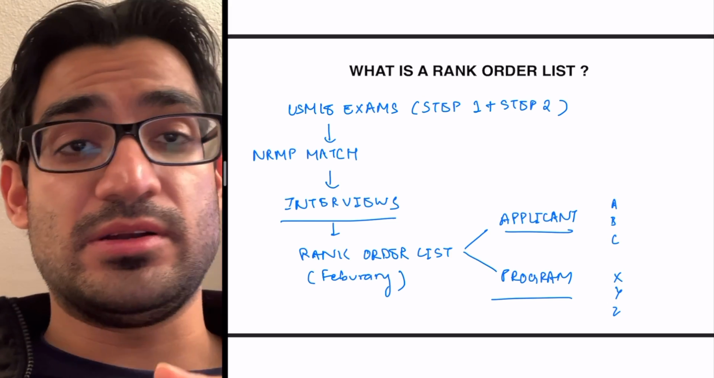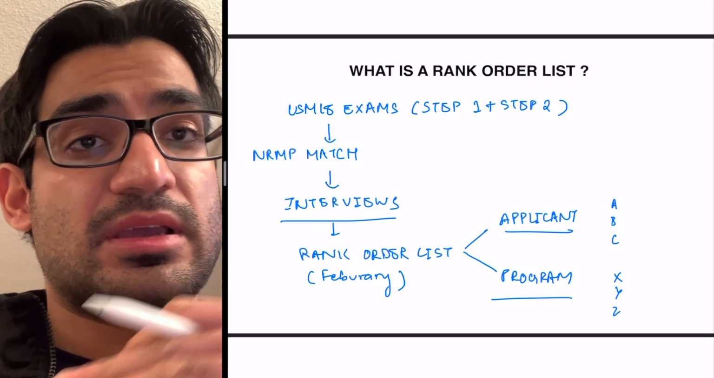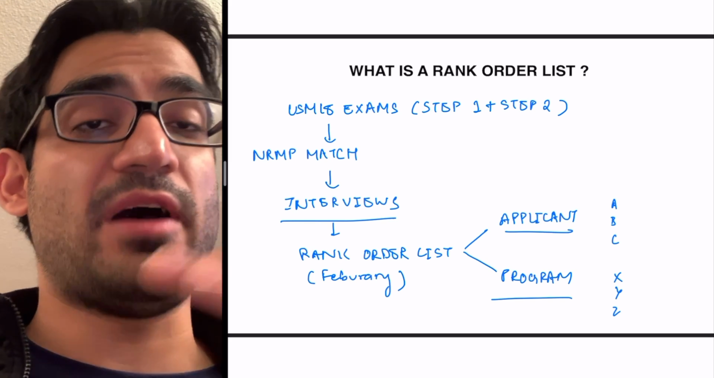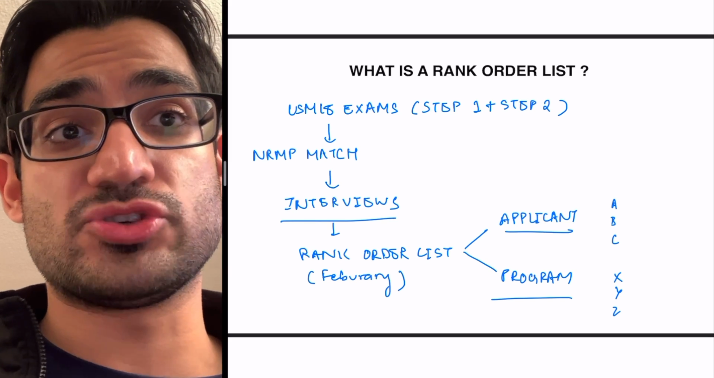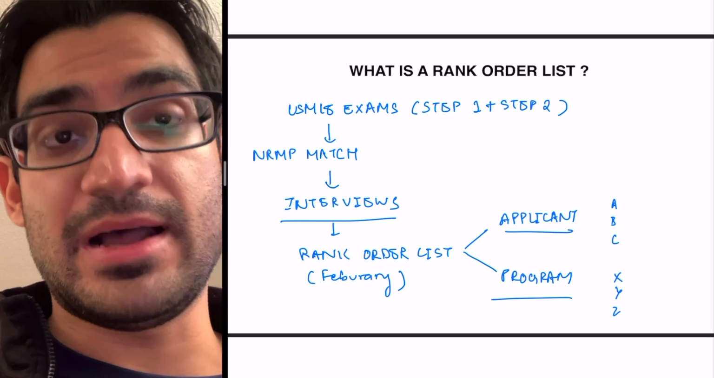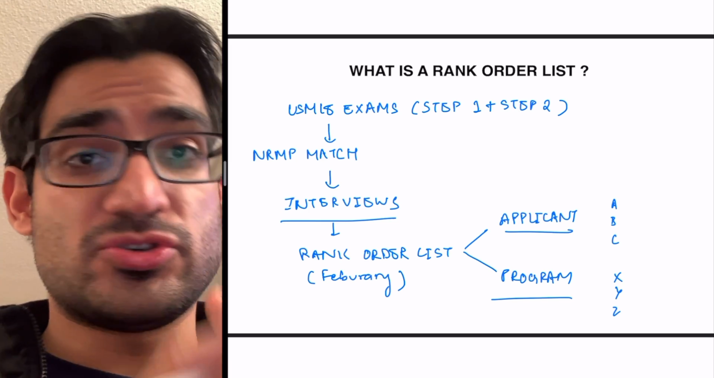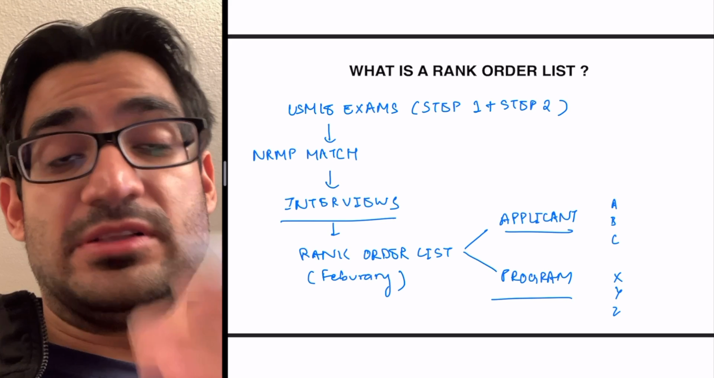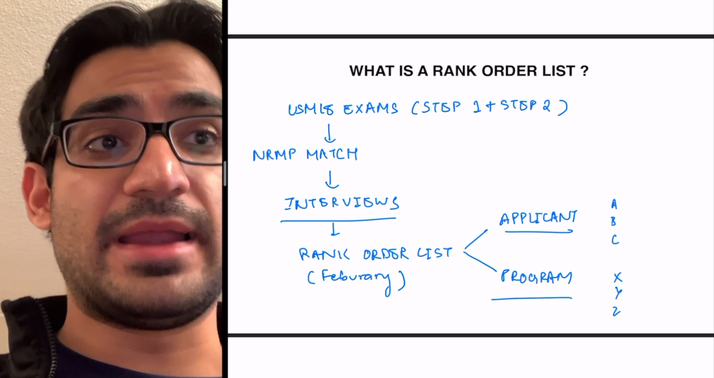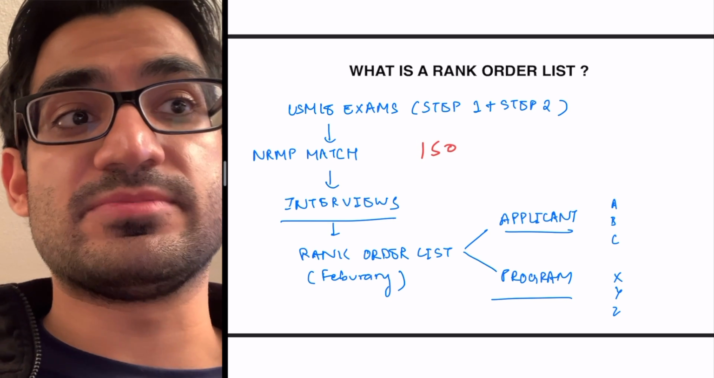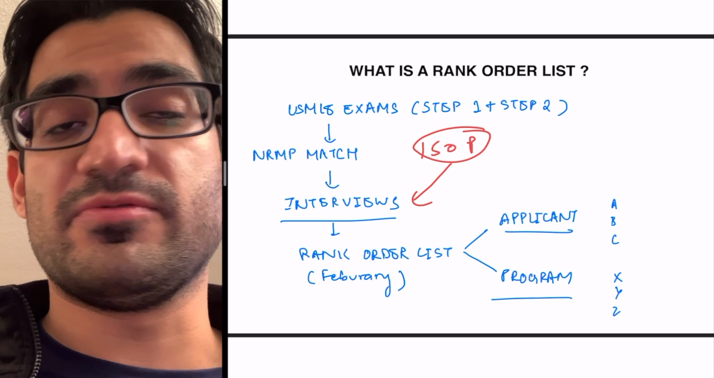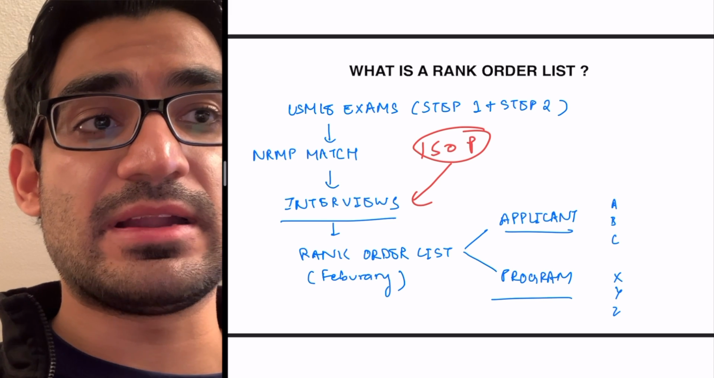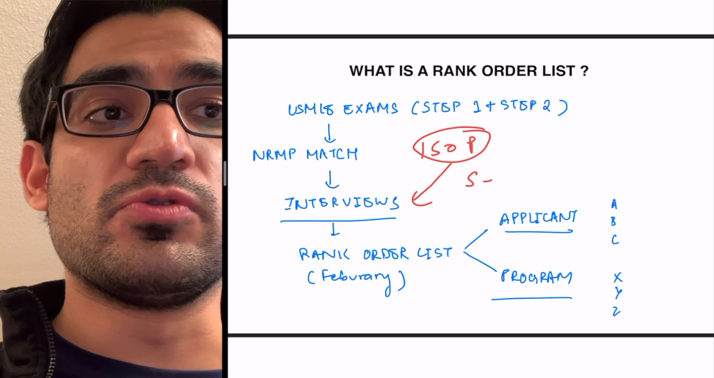Once you're done giving your USMLE exams, including Step 1 and Step 2, and you have your ECFMG certification, you apply to the NRMP match. Once you apply to different programs, they will send you interviews. So let's say you apply to about 150 programs. On average, people get somewhere from 5 to 15